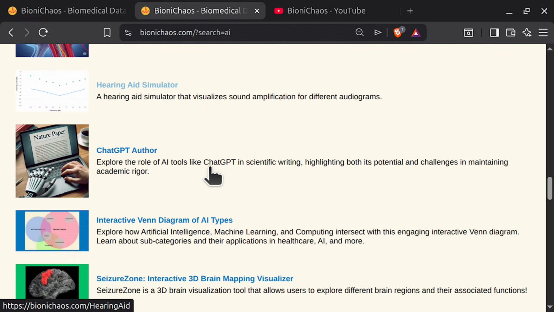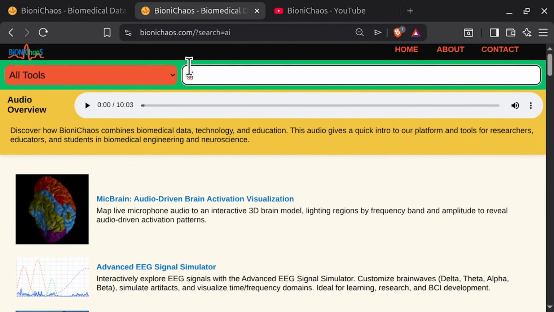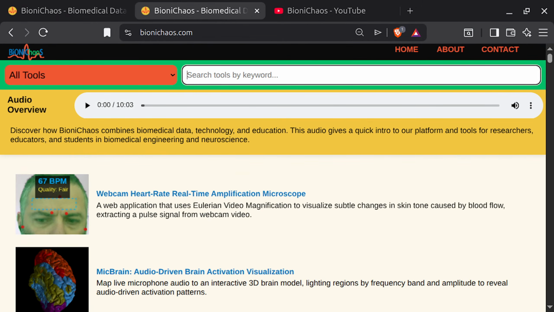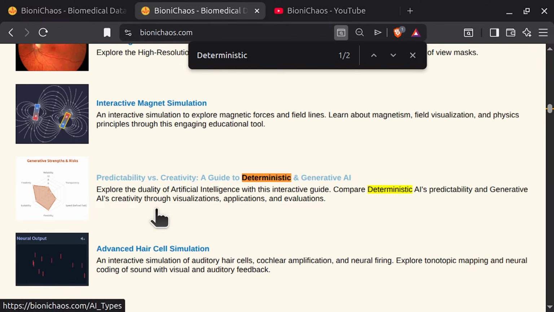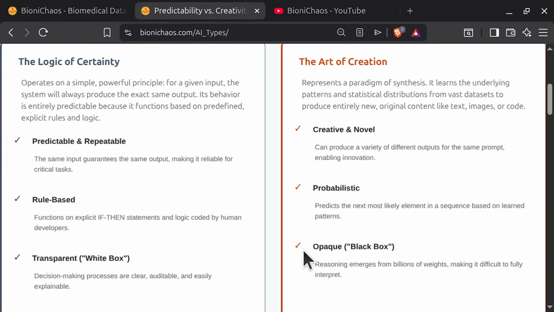Yeah, I'm not sure the search. The search is not great, which is better. Use the browser search. Yeah, so we did have this guide, predictability versus creativity. The difference between